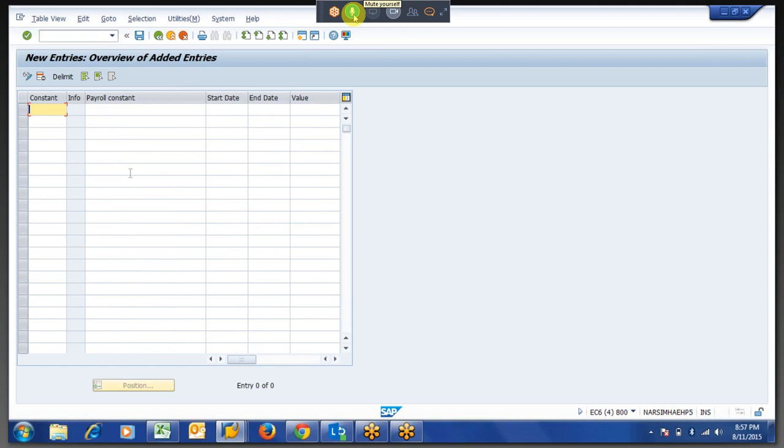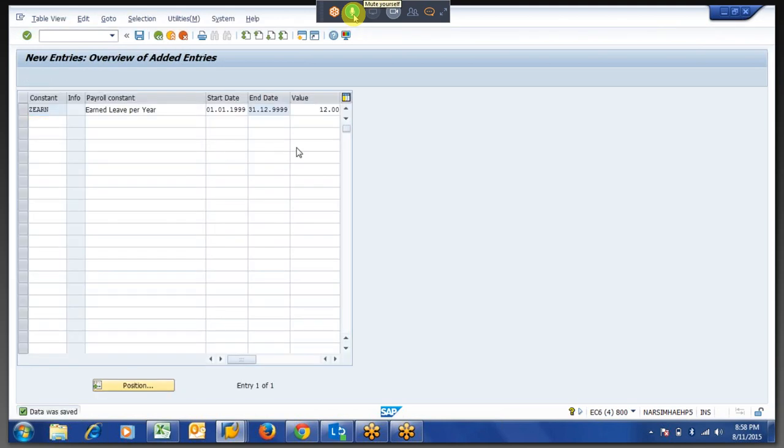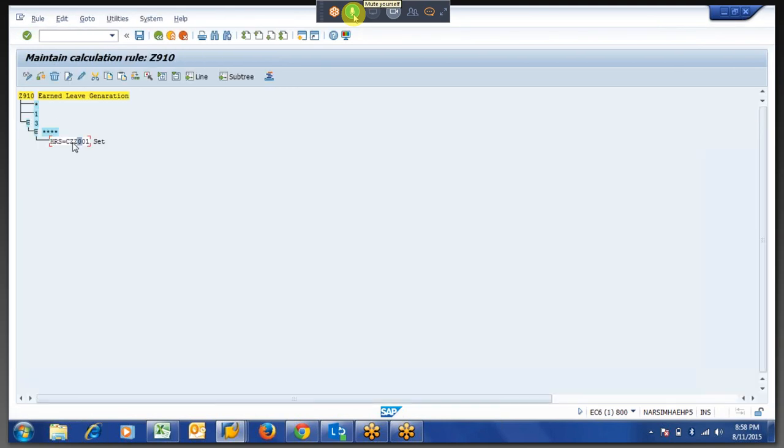Okay, I am telling, Z. Whatever it is, per year or per month, whatever text you can give, set for. So this constant, I am not hard coding over there. If you want, you can change it in the table level itself. No need to go again to the PCR to put this.